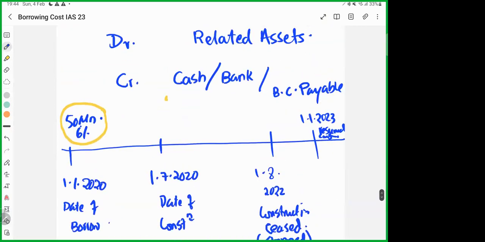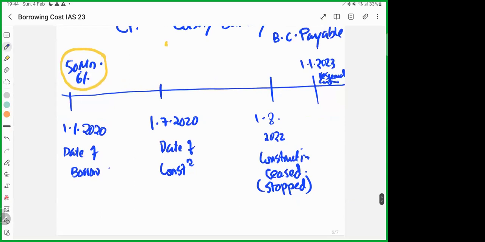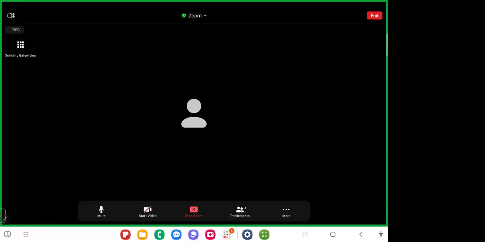Yes. See now, we received the money on 1st of January 2020. The construction started on 1st of July 2020. So during these 6 months, what is this fund really doing? Nothing. This is our expense, but